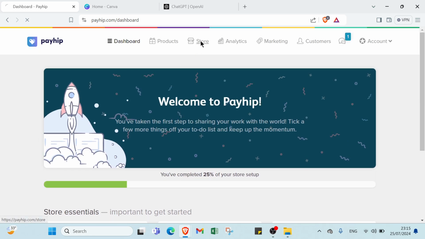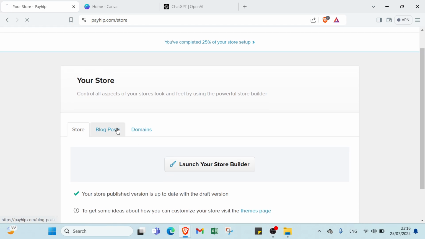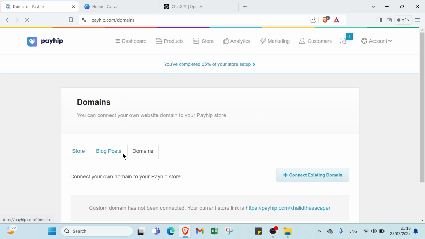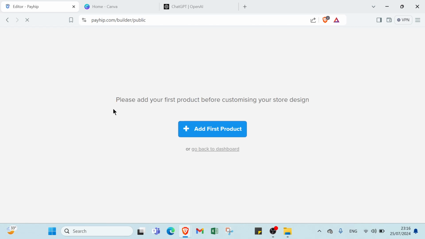All you have to do is click on store here. We have your store, control all aspects of your store look and feel by using the powerful store builder. We have your store, blog posts, and domain, as you can see. So all you have to do right now is click on launch your store builder. And please add your first product before customizing your store design. Click on add first product,